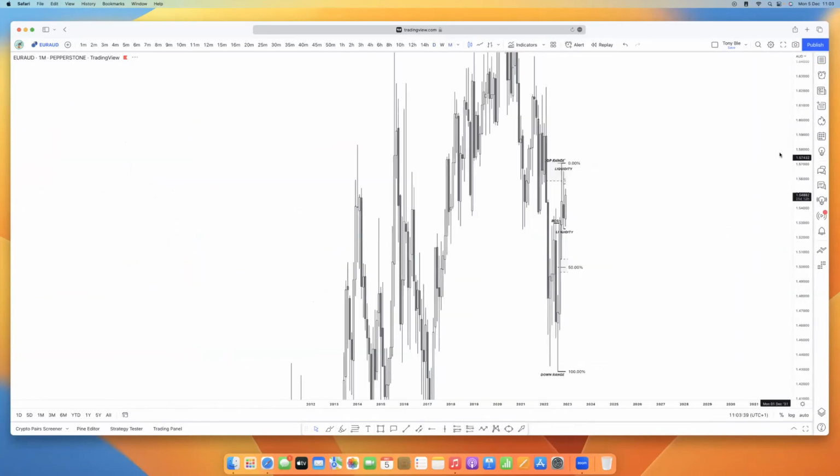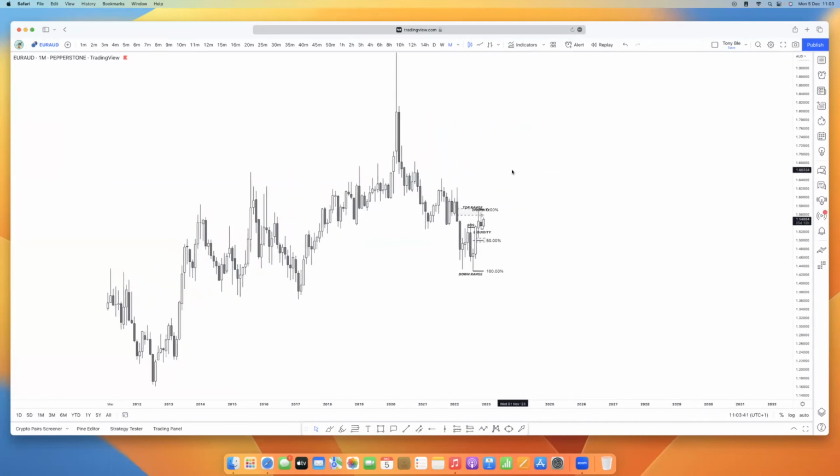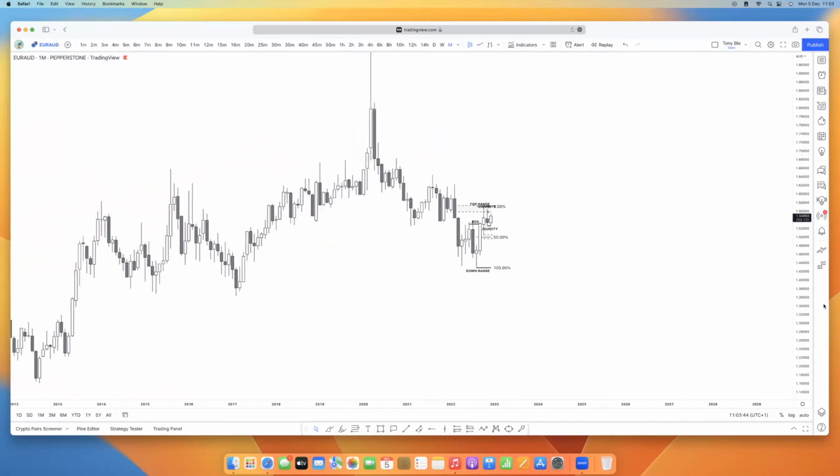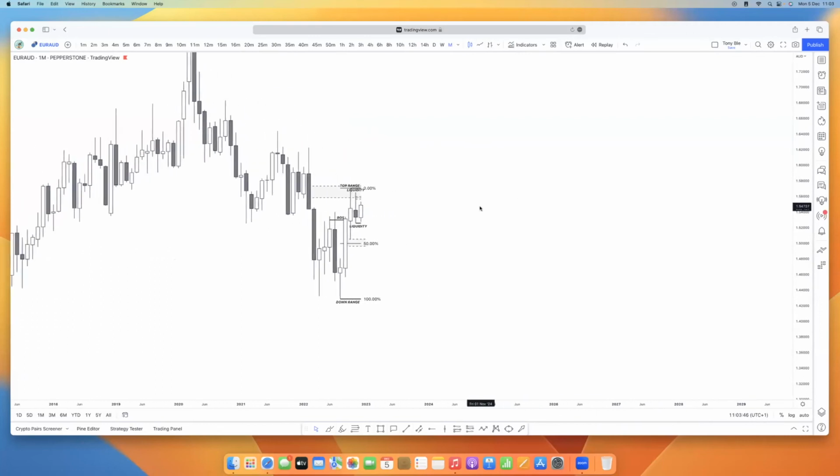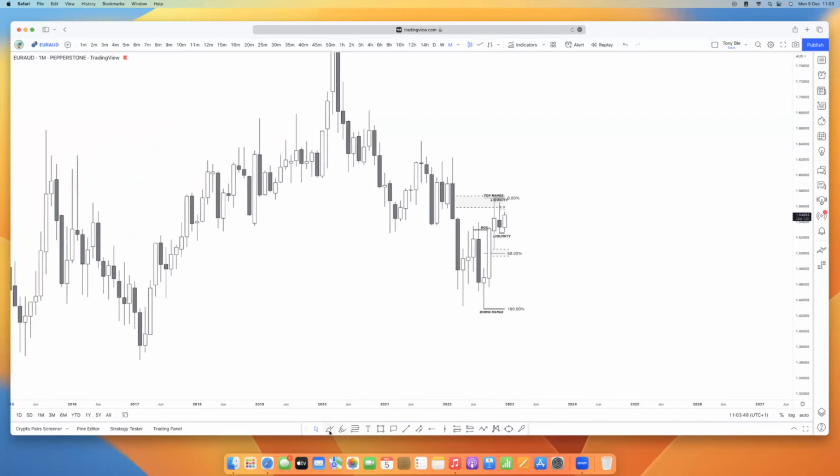Starting from the monthly time frame, I can see we are bullish on the monthly. Okay, price was coming in a bearish form. Before, we had this lower low, lower high, lower low, lower high, lower low, lower high, lower low. Then we had a break, and then price is giving us a higher high. So what I'm anticipating is push down and then go up. That's what I'm anticipating on the monthly time frame.